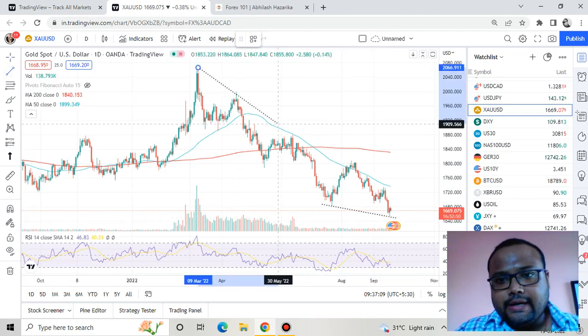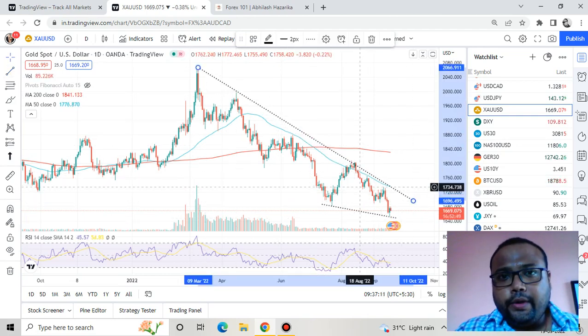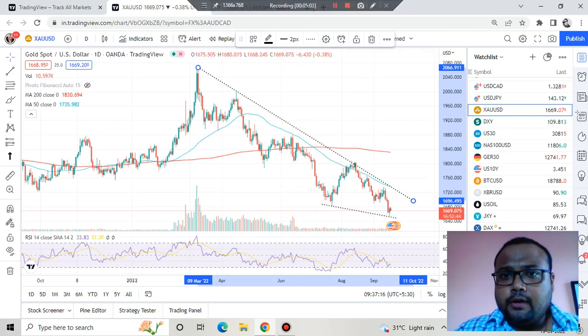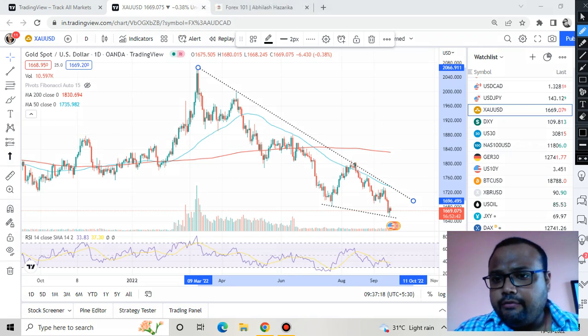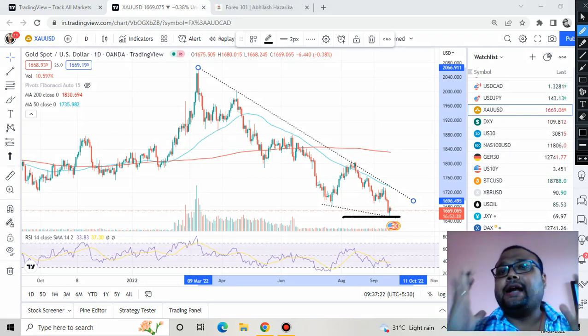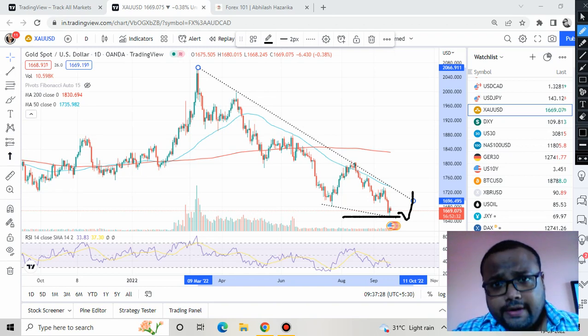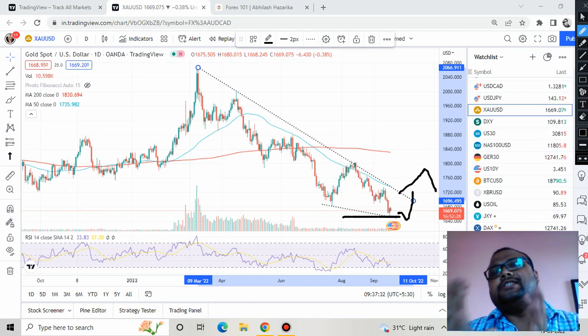As you can see, we have a wedge pattern here, a wedge pattern on the daily time frame. So if the market takes support around 1650 or somewhere around here, because right now we do not have any proper strong support. If the market, following the wedge pattern, bounces from this particular level of this chart here,